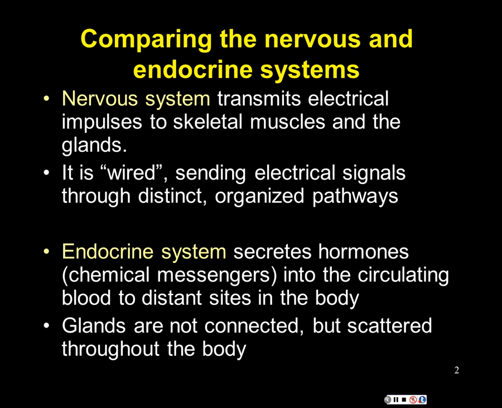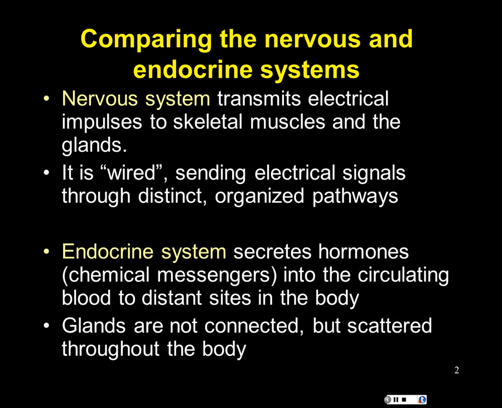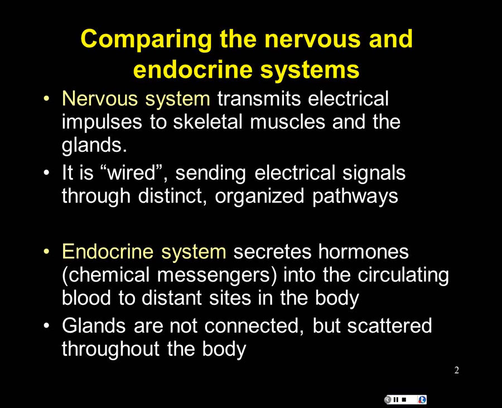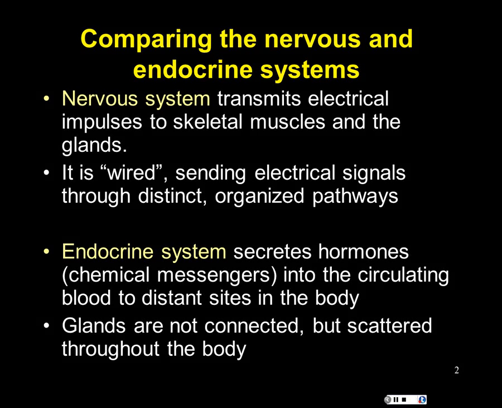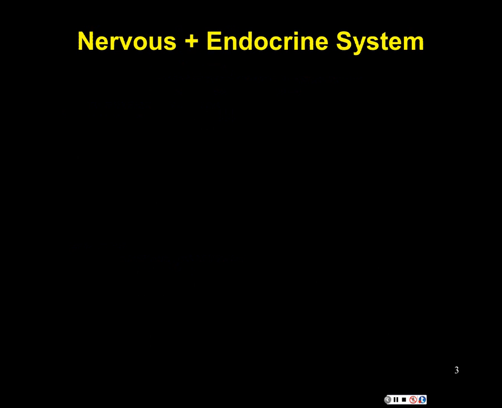So if we look at the endocrine glands, they're not physically connected, but they're throughout the body. And when we did our brain dissection a couple of weeks ago, we actually saw some endocrine gland structures right there in the brain itself. If we were to get a visual on,